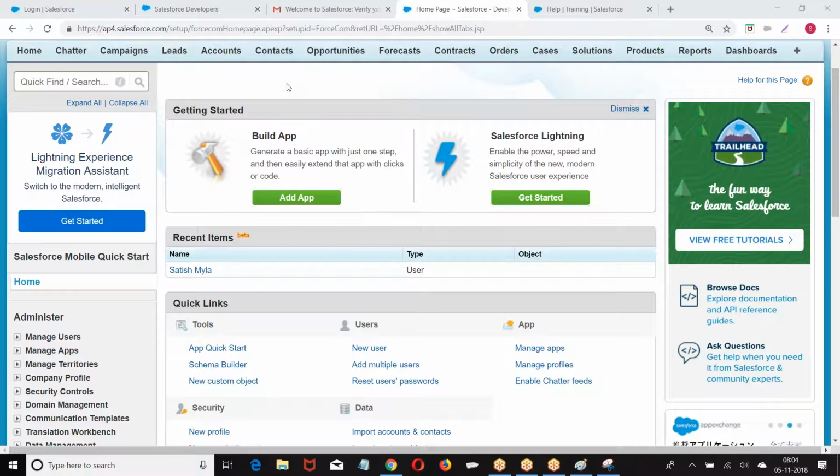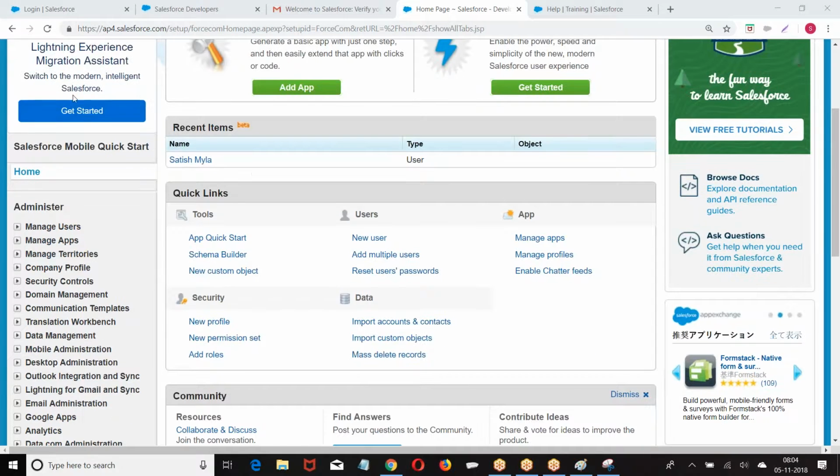Now, when migrating from Classic to Lightning for an already running application, there may be some gaps between Classic and Lightning. Some of the features may not be available in Classic, some may not be available in Lightning. The gaps report shows you what functionalities you are using, which of them are available or not available in Classic, which are available or not available in Lightning, and what pages you have developed which you need to rebuild. The readiness report will be given to you. Looking at that, you can take a call to convert or not. That's what you are finding, the readiness report.